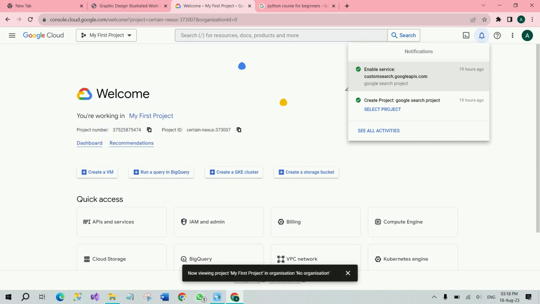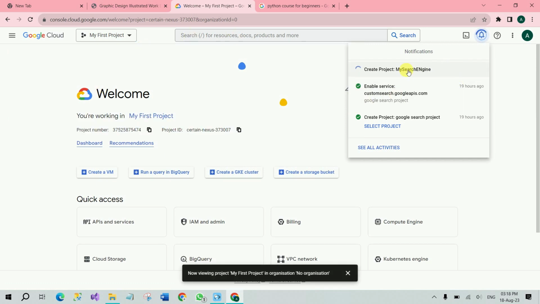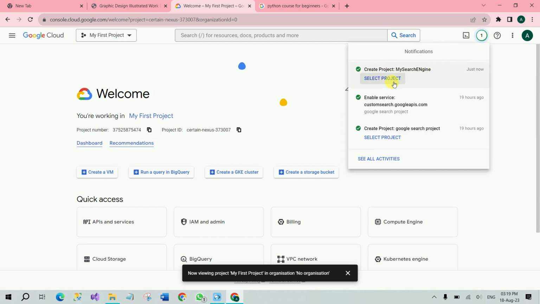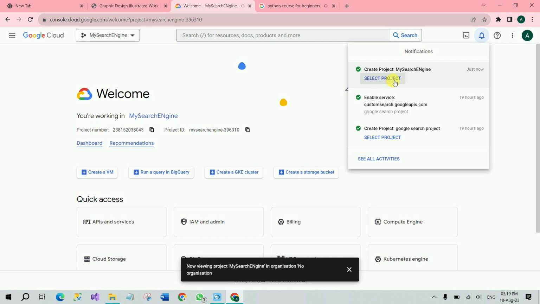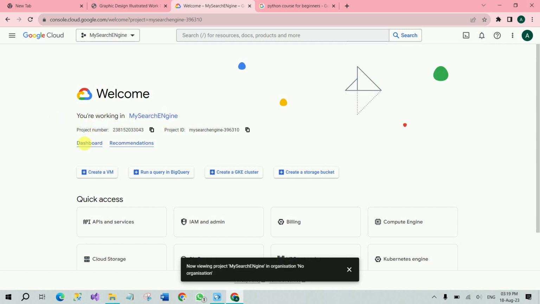Click on create and it will take a few seconds and the project will be created, and you can see that it's loading. Once the project is created, click on select project, and now you can see that my search engine project is selected here. Click on dashboard,